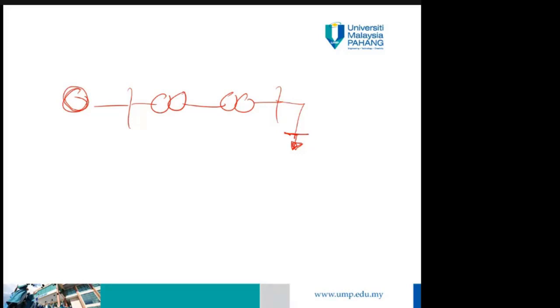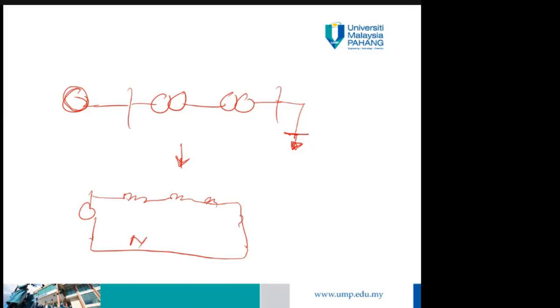That's why in power system, usually you will see the network represented by a single line diagram like this. It doesn't have the neutral line. But when we want to convert this single line diagram into the impedance diagram, it will become like this. So we have to have the neutral line. Let's say something like this. This is the generator, transformer, and so on. This is the neutral line.